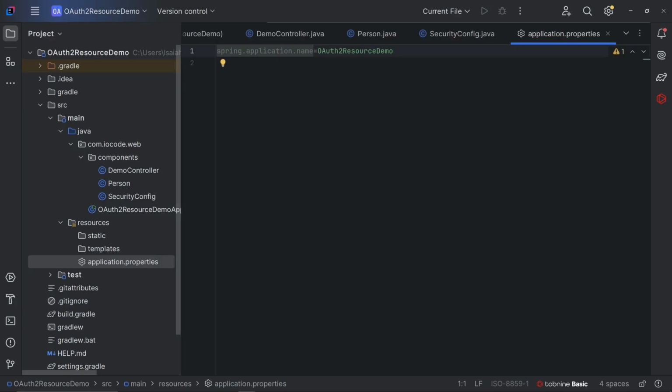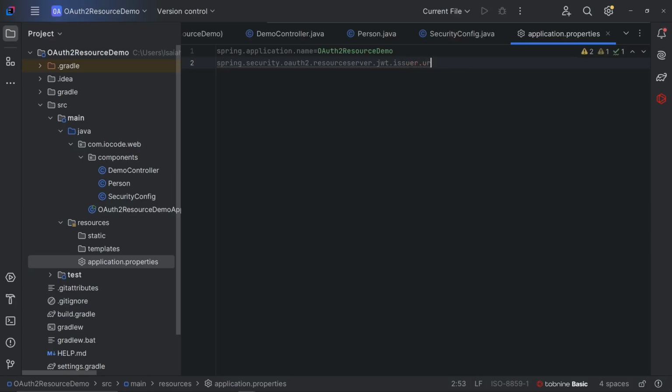And that application property is our OAuth2 resource server JWT issuer URI, which happens to be our realm. So to do that, we are going to have spring.security.oauth2.resourceserver.jwt.issuer